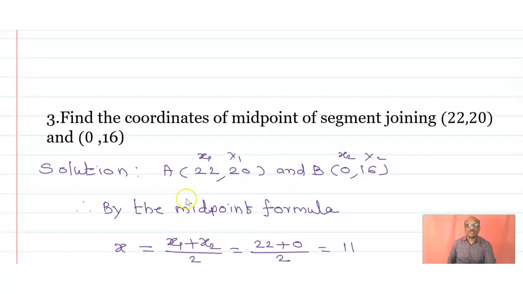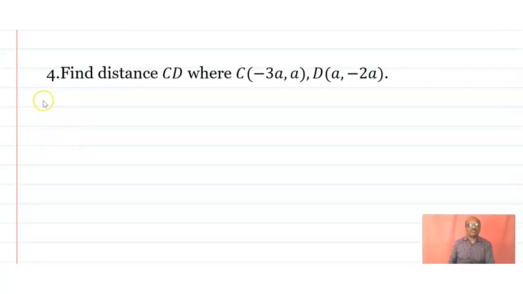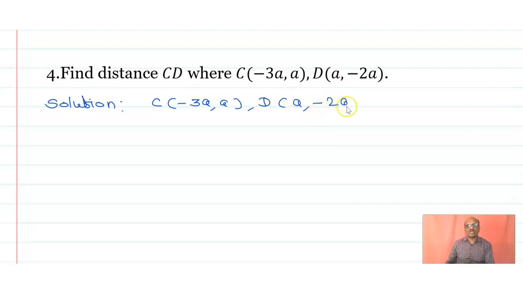Okay, now the next question. Now the question number 4. Again the solution. First of all, the question: find the distance CD where C is (minus 3a, 2a). Okay. Therefore, the coordinate of the first point C is minus 3a, and D is a comma minus 2a,